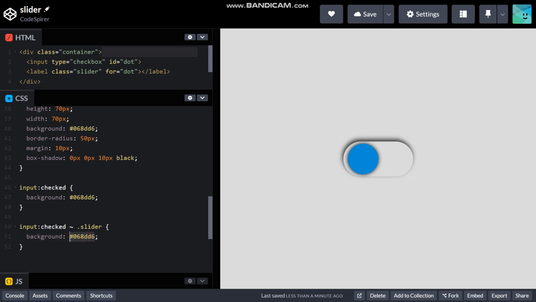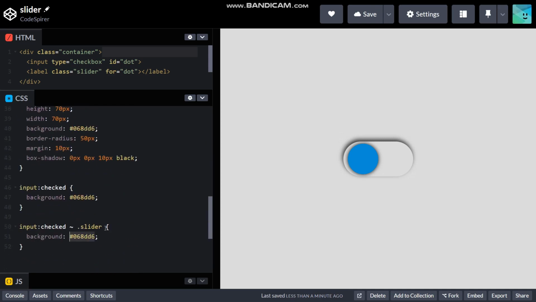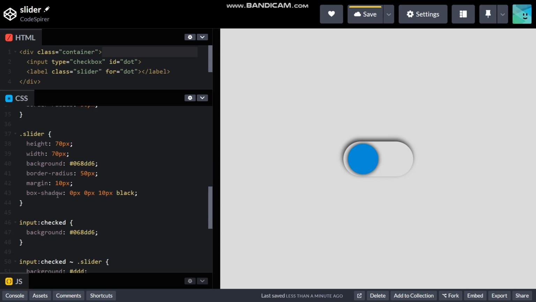The background color, I'm just gonna give it this color. Yeah, DDD, and then I'm also gonna translate. So translate basically moves the circle to maybe 100%. Let's see, only on the x-axis. So on the y-axis it should be 0. Okay, there we go. Now it moves, and the final thing we need to do is to give the input